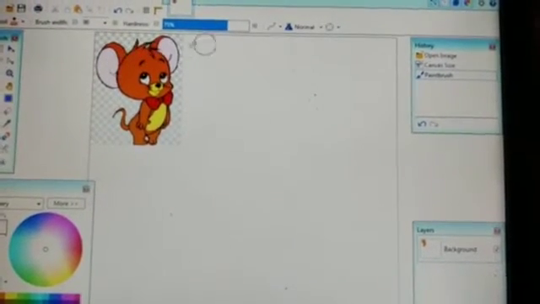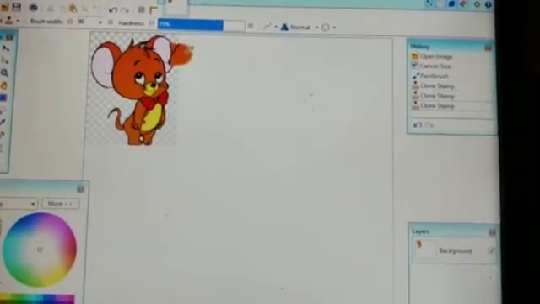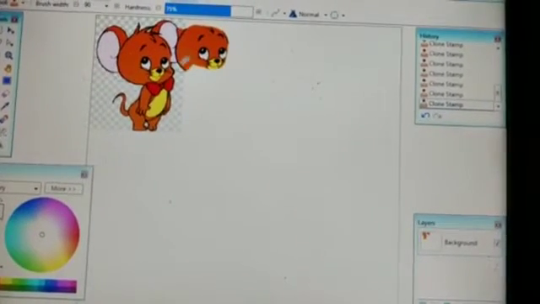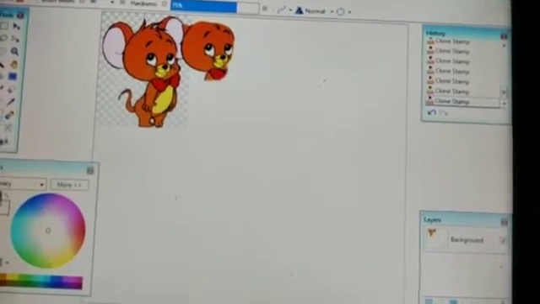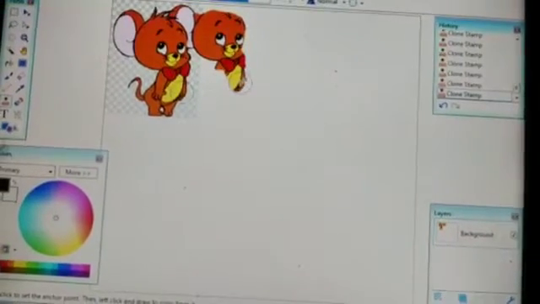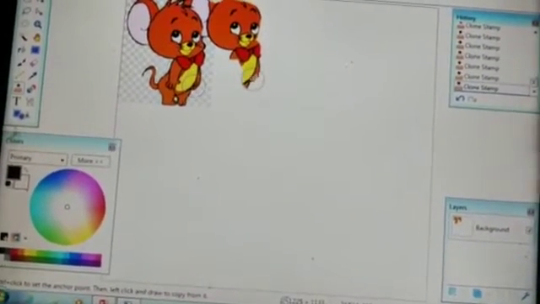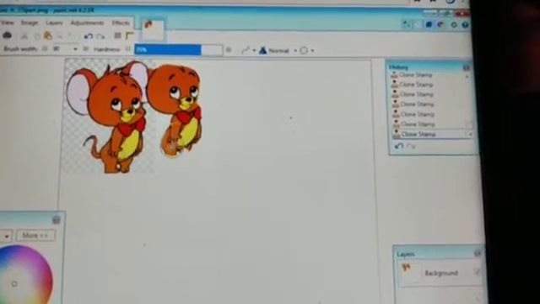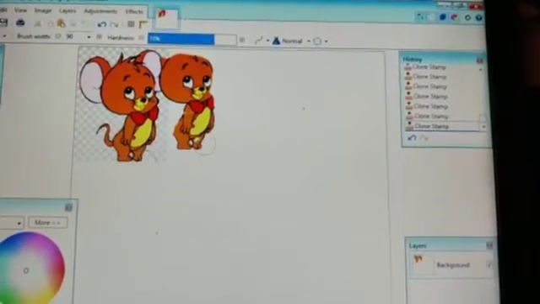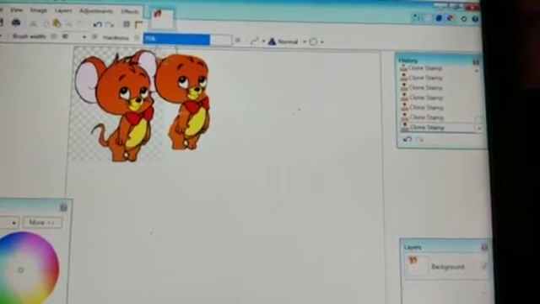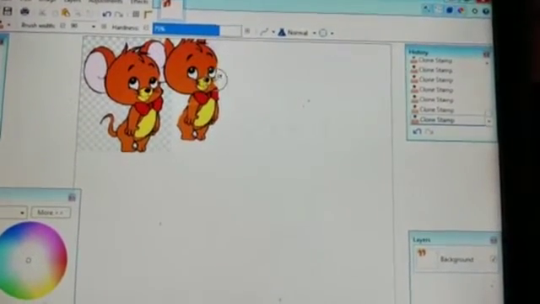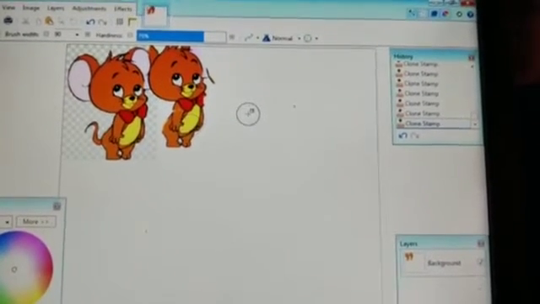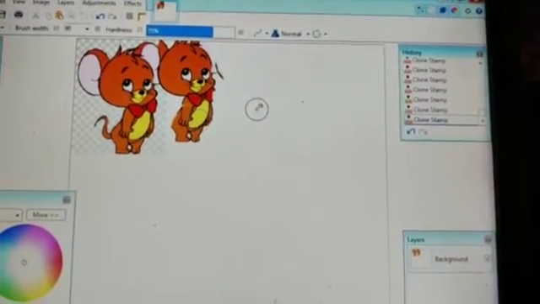After copying, release the Ctrl key. Then slowly move the left mouse button. Press the left mouse button so that you can copy the image. Clone option is used to copy the same image or the part of the image. Okay children, we have copied the image by using clone option.